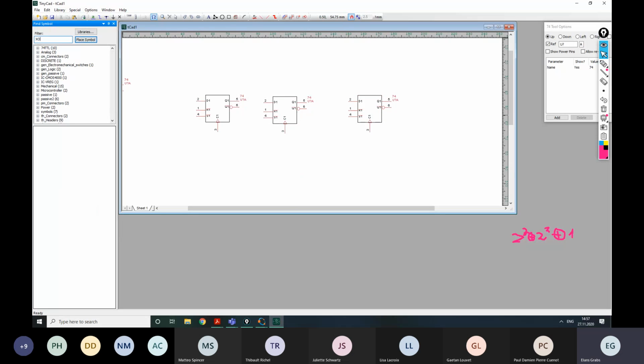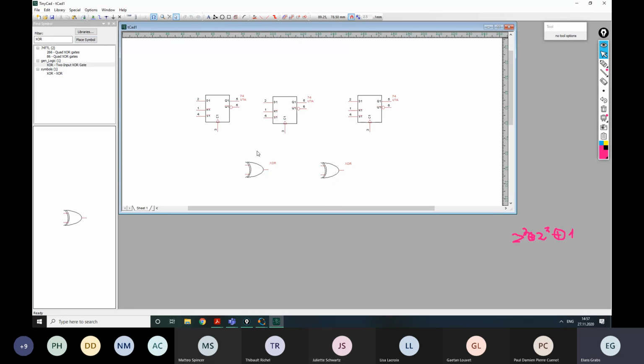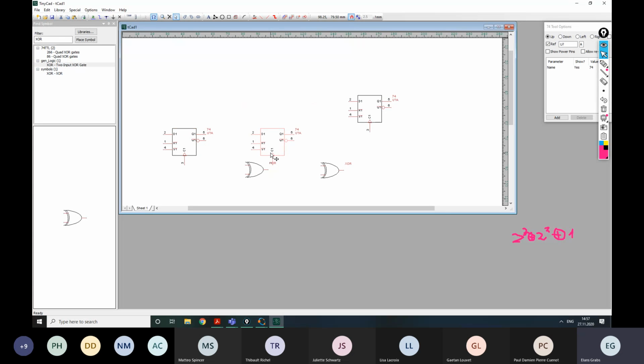Also, we are going to need XOR elements. In this case, 2, because we have 2 XOR operations in this generator polynomial. So I'm going to put them here and then move around. So this is our first flip-flop, this is our second flip-flop, this is our third flip-flop. As I have said, we always have one XOR at the output of the last flip-flop, so we can safely connect them